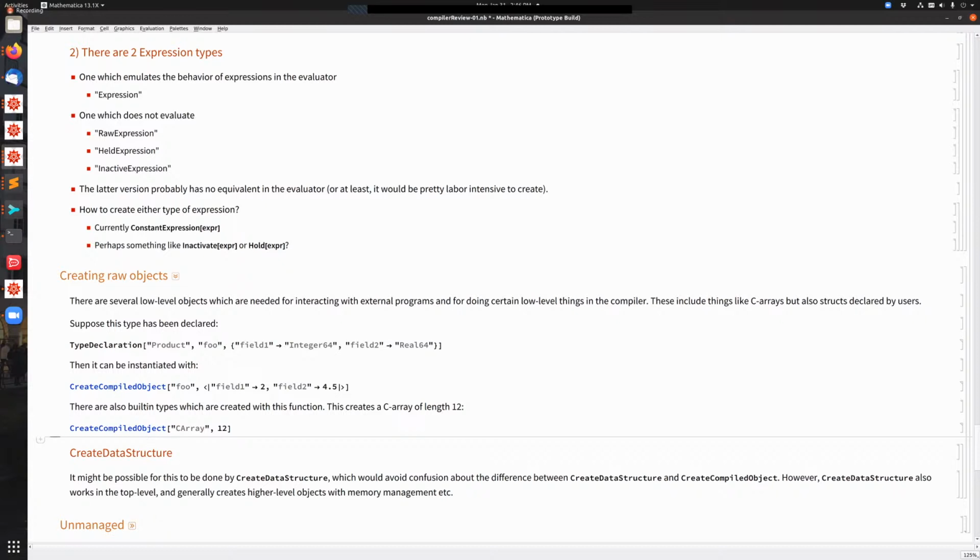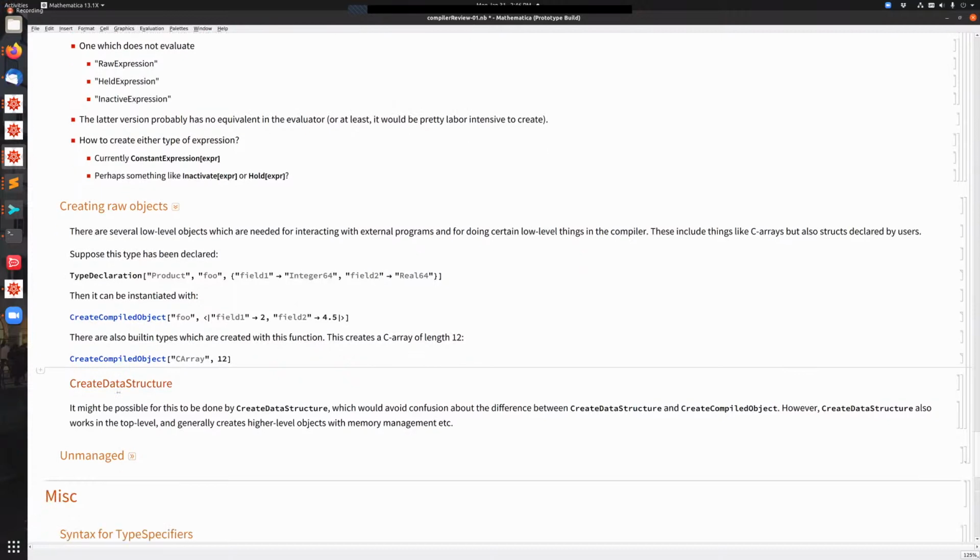But yeah, so there's that. And there's a question about whether it's distinct from create data structure, and if so, how to name it so it's clear what the distinction is and stuff like that. We've not thought this through, so we haven't thought that through too much. Then there's